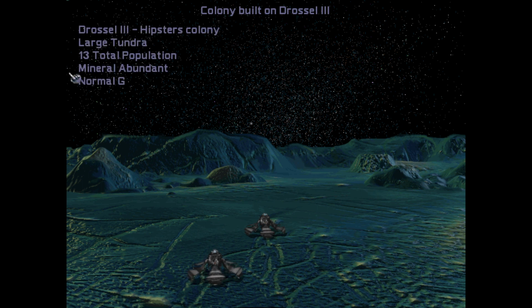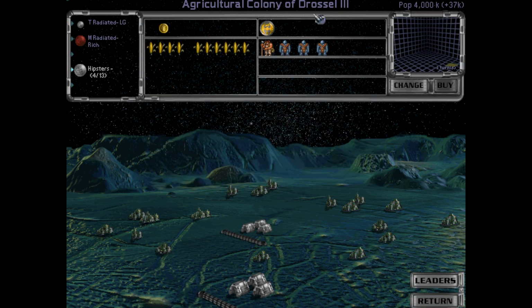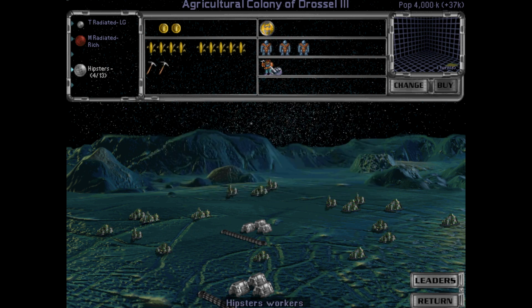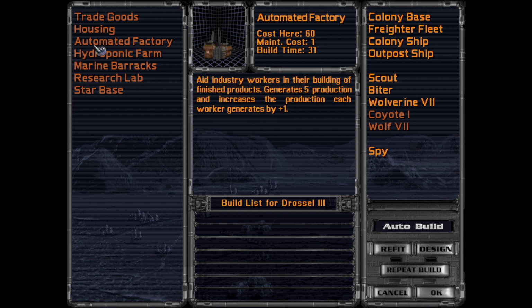The brump. So yeah, large tundra, 13 population max is really good. Yeah, we'll go with Drossel. We'll keep a lot of these names. There you go. So we got 3 native pops over here, these native farmers, and they are really good at making food. I'm going to move our one actual hipster into industry, and definitely we're going to want to start